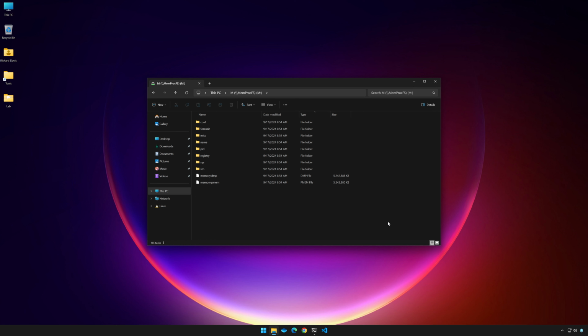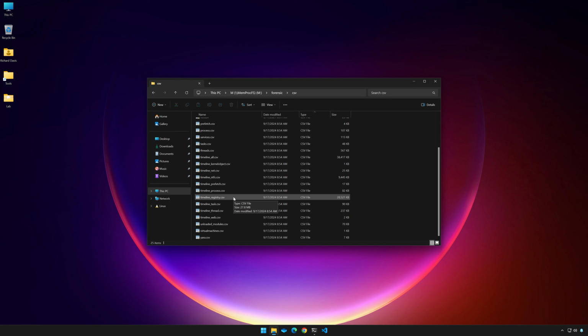One way is, once again, to look at a timeline. We can go into forensic and we can go into CSV. And this time we could actually look at a registry timeline. So if we scroll down, you'll notice there is a timeline_registry.csv. And if we double click on this to open it,